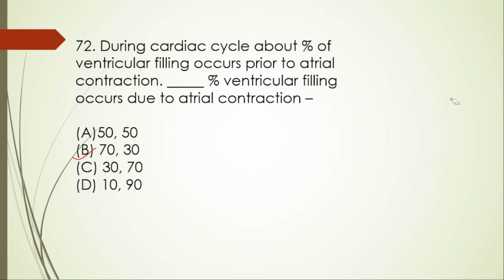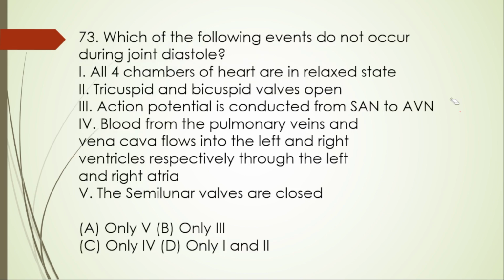Next question, that is question number 73. Which of the following events do not occur during joint diastole? First one, all four chambers of heart are in relaxed state. Yes, correct. Second one, tricuspid and bicuspid valves open. Yes. Third one, action potential is conducted from SAN to AVN. This one is wrong. Fourth, blood from pulmonary veins and then vena cava flows into the left and then right ventricle